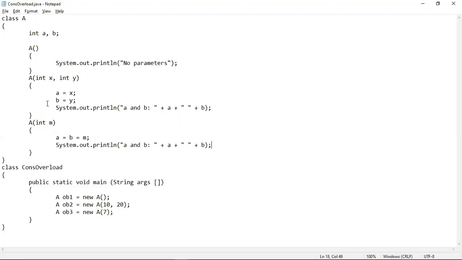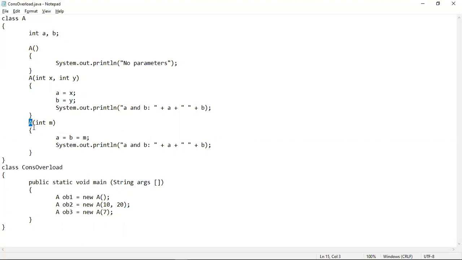Here you can see that this is the second constructor. The same constructor name I have given here also. Inside it, two parameters x and y, both integers, have been taken, and the value of x has been assigned into the instance variable a. The value of y has been assigned into the instance variable b, and then I have just printed the two values. Then this is the third version of the overloaded constructor.